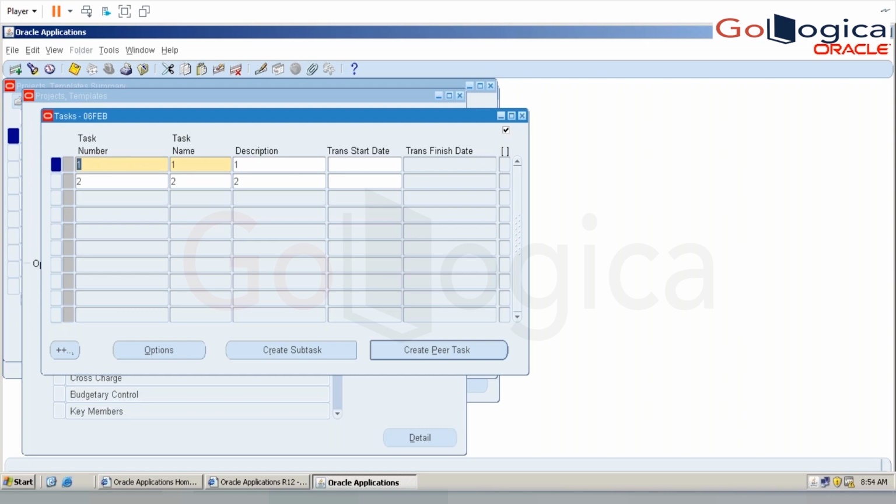Now, the asset assignment is purely need basis. Say, for example, to assign at the project level, irrespective of the task level, whatever costs you are incurring and how much you spent on each task, you are not worrying about it. Whatever you spend on a project will be part of the project. If that is the case, just go and assign the asset at your project level. Whenever it comes to the task level,